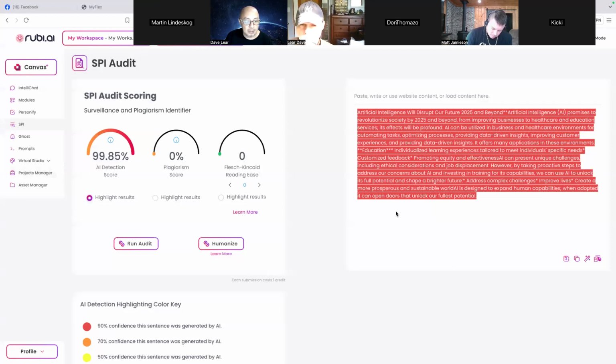If you click that, the things in red show that this sounded like AI, that's why it's 99.85. Plagiarism score is its originality, which is good, meaning it's 0%, meaning the content sounds original, and the reading is good. So that's how SPI and basically how Ghost is being used.